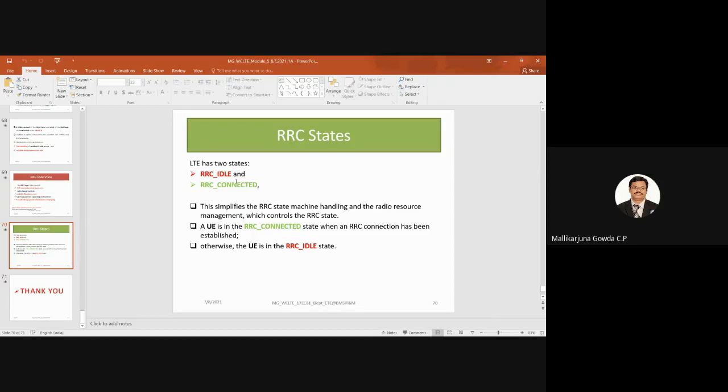Let us try to understand these RRC states tomorrow. When is your user equipment in the RRC idle state? When your user equipment is not connected to the eNode B. When the user equipment is in the RRC connected state, then we say an RRC connection has been established.